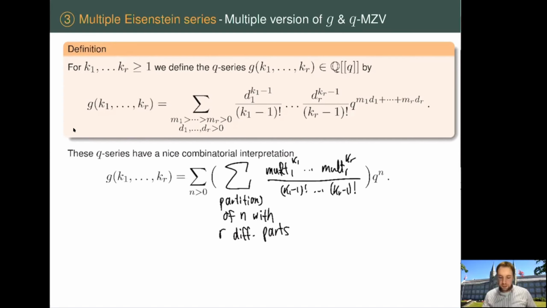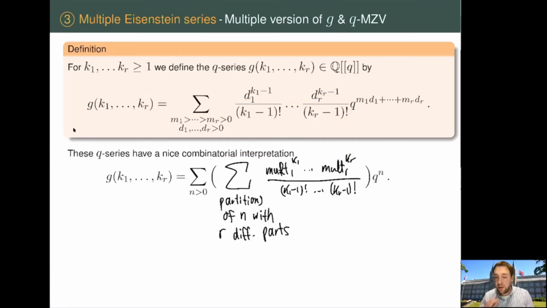Okay, so I hope everything is clear now, except for this factor. So you might ask, why do you want to include this factor? I mean, we could also put this in front, or we could just leave it out. But this normalization factor has a reason. And the reason is that these Q series g_{k1,...,kr}, which can be defined in a purely combinatorial way,